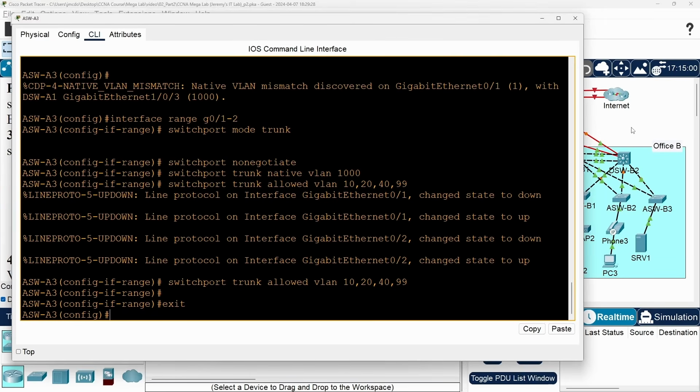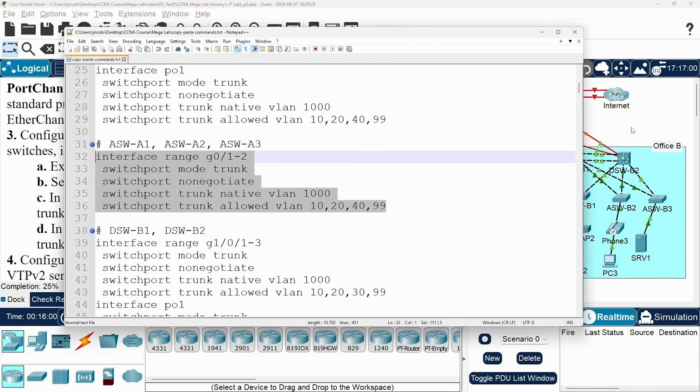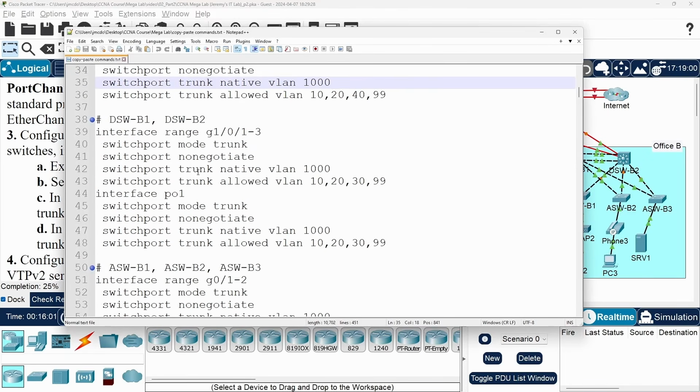Now let's go back to the notepad for the Office B switches. The configurations for these switches are nearly identical to Office A. The only difference is that Office B uses VLAN 30 instead of VLAN 40. Just like in Office A, we'll make the interfaces trunks, disable DTP with switchport nonegotiate, configure the native VLAN, and allow only the required VLANs.